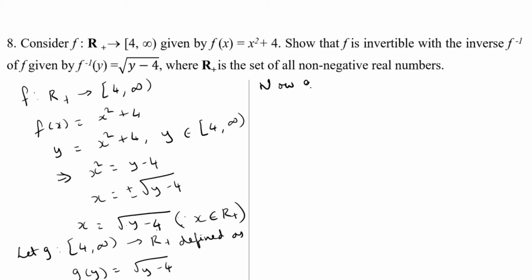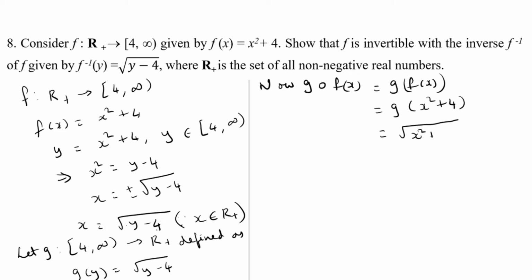So here g(f(x)): f(x) is x² + 4. We have defined g(y) as √(y − 4). So in place of y we have to substitute x² + 4. So x² + 4 − 4. So this is equal to √(x²), which is equal to x, or it is the identity function in x. And